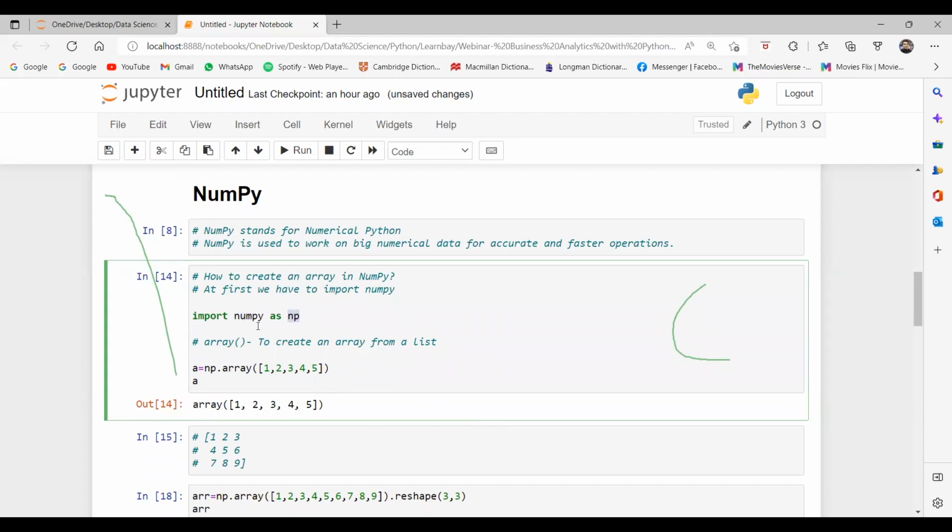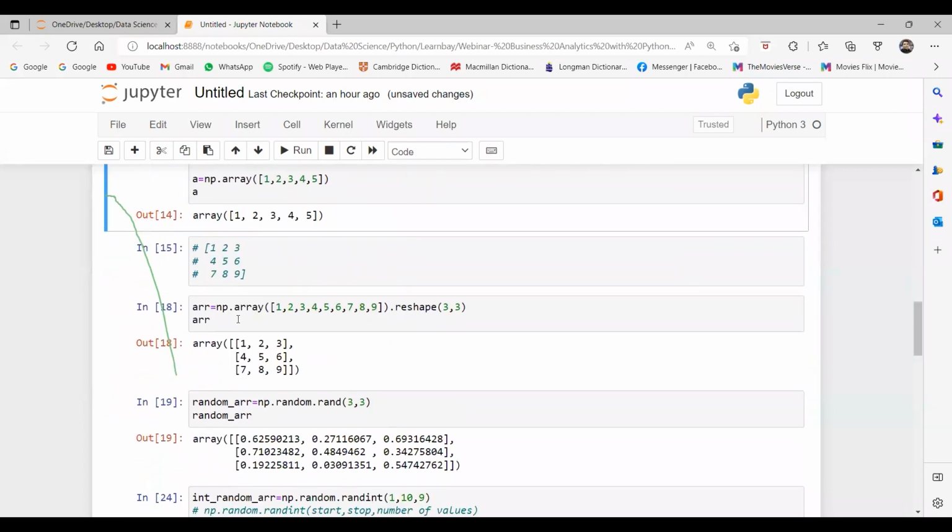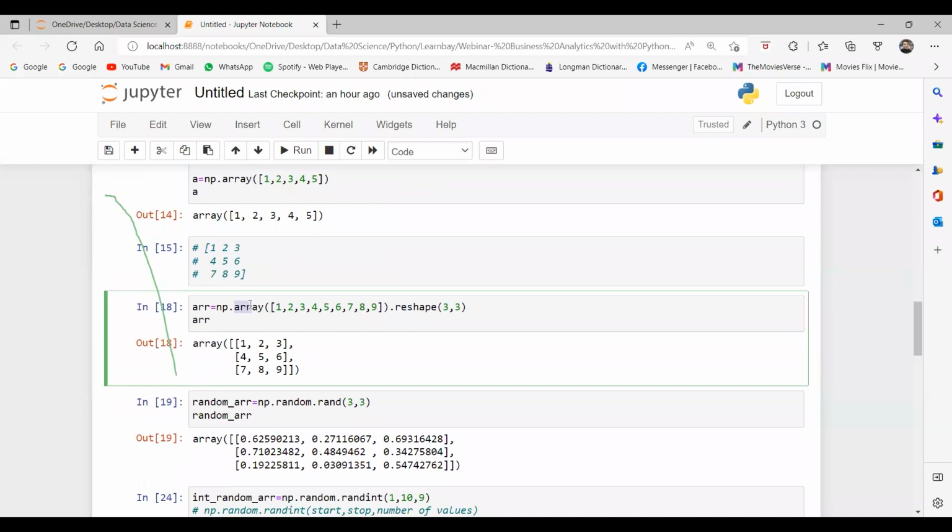So to access any operation or function defined inside NumPy, I can use the np method now. I want to access the array function. It is defined in NumPy, so I am using np.array. I am using the random.rand function, so I am using np dot. If I don't use np dot, this function will not work.